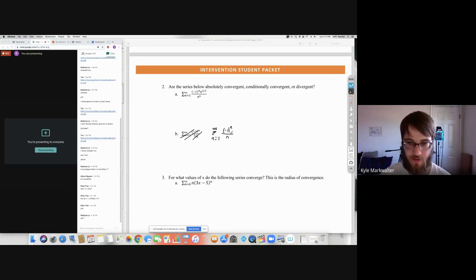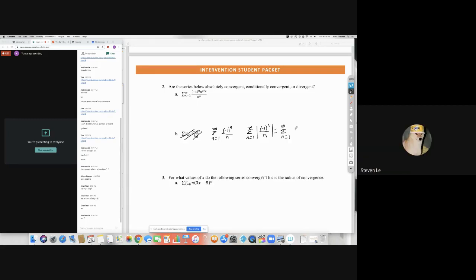Let's start with the absolute convergence part of this. How do we do that? One way to do it: we can also use the ratio test, but we're not going to do that right now. We'll use what we know about alternating series. For absolute convergence, we take the absolute value of those terms. Notice the absolute value gets rid of this (-1)^n because we don't care about the sign. So this is really equal to